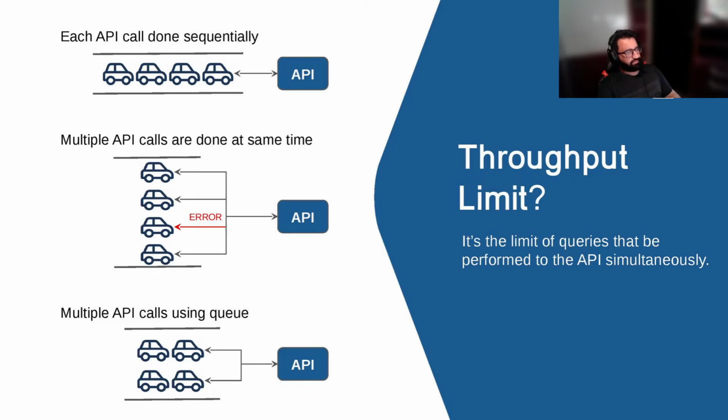So, what is the best way to do these calls if you need to call the API several times? The best way would be to create a queue where you perform a few requests, like 10, simultaneously, while all the other requests wait for these 10 to finish, and then you go to the next 10. And this is the next example I have here